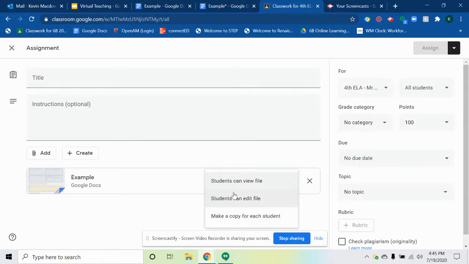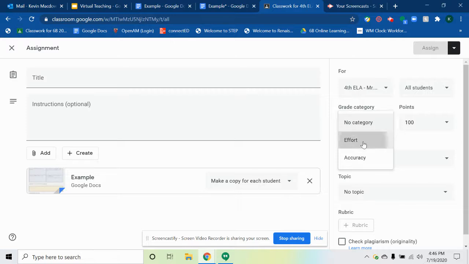If I click students can edit file, then they can all edit the same exact file. But if I make a copy for each student, they each get their own version of it that they can edit independent of each other. Then you can select your grading and due date preferences. But the most important thing is that